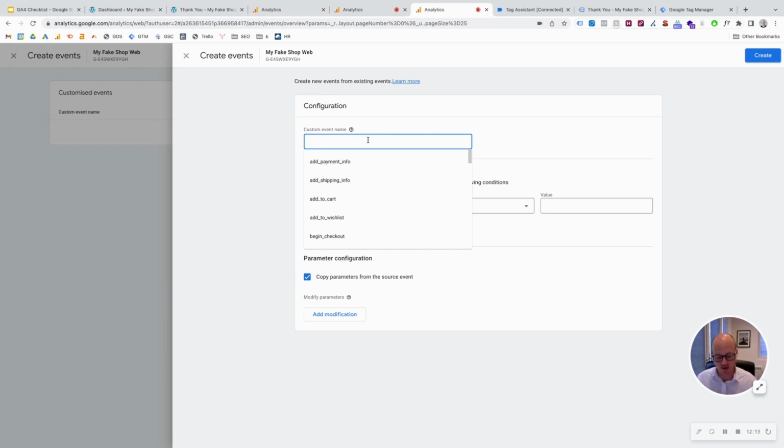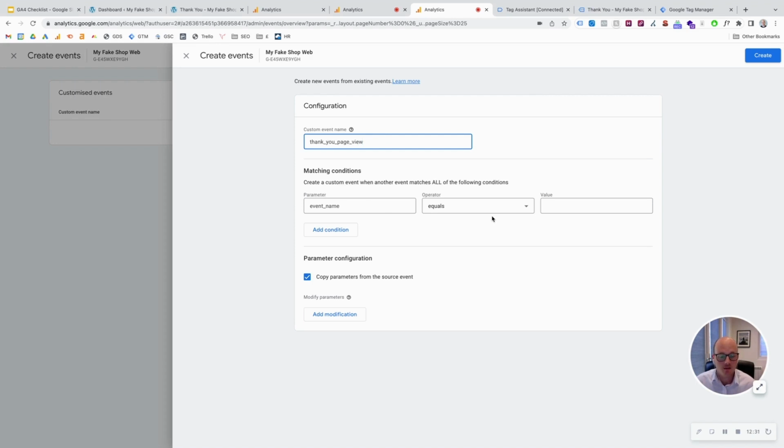I'd stick with that, and also underscores as well. So for example, in this case, this is going to be a thank you page view,